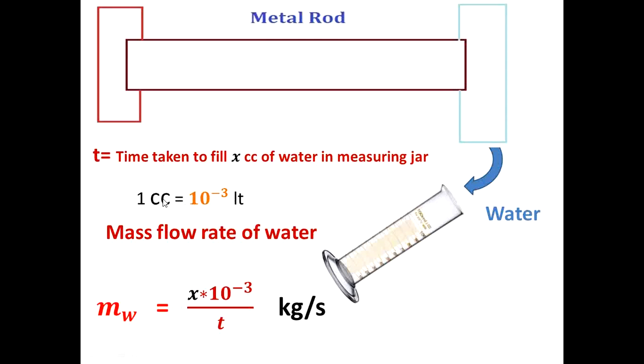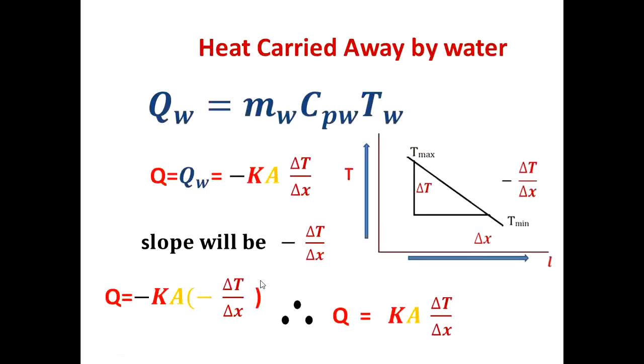This quantity is in cc, cubic centimeters. One liter is equal to 10 to the power of minus 3, so you multiply whatever you get with 10 to the power of minus 3, and it will be converted into liters. But how will it be converted into kg per second? Because water is a standard fluid with specific gravity 1, you multiply with 1. It is not shown here, but it is x into 10 to the power of minus 3 divided by time. Whatever time you get, for that time you note down the mass flow rate and calculate in kg per second.